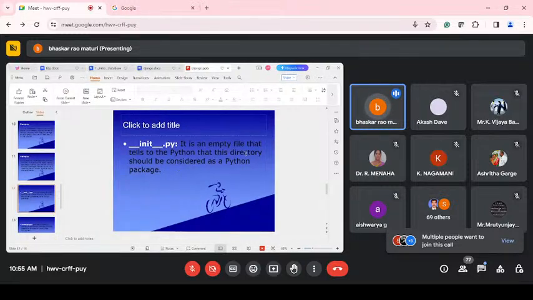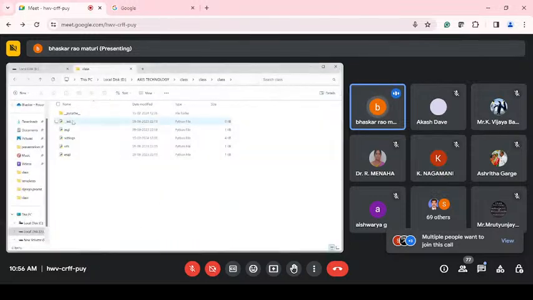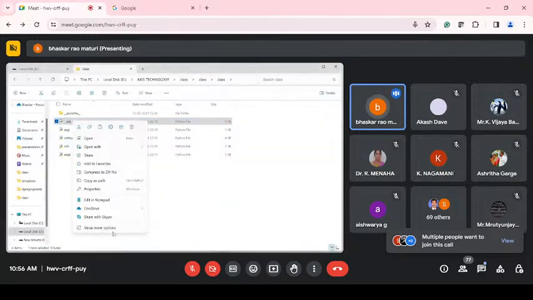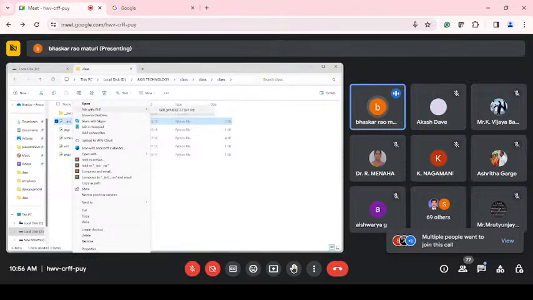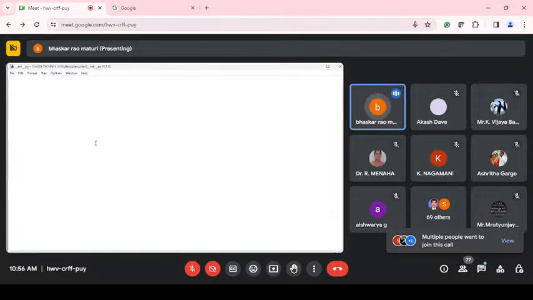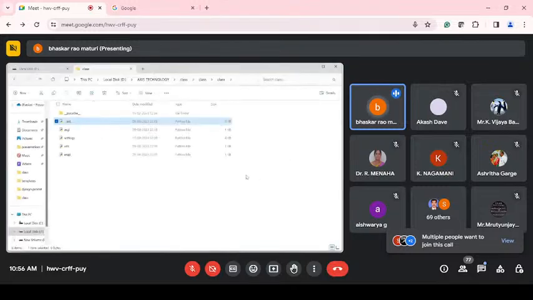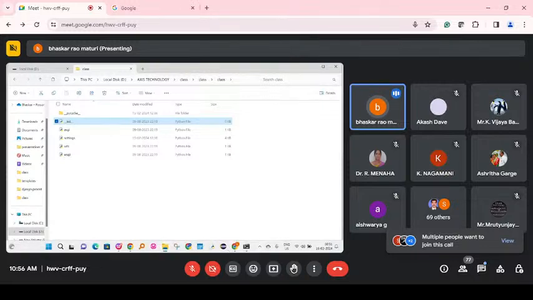It is an empty file that tells Python that this directory should be considered as a Python package. So init is a supporting file, just an empty file, we already saw that location. When we go to that particular location, this init is completely empty, there is nothing inside the code. It just gives Python support like a Python package inside the framework. And next, coming to the next part,